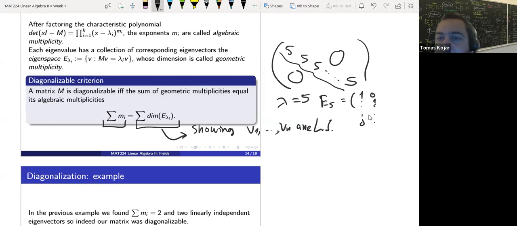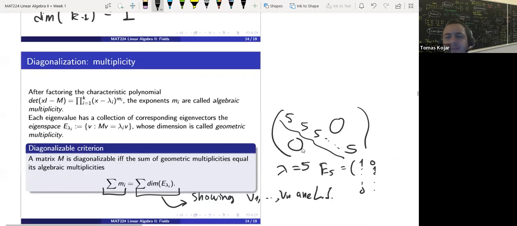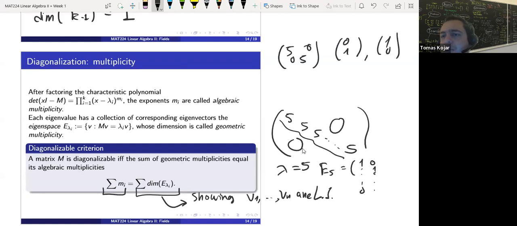Is that okay, Arya? Rudra says, in this example, both B and C are 0. So like I said a little bit in the beginning, when you have both of them 0, then you just get the standard basis. So for this one, you use just the standard basis. It's always the case because it's already diagonal. So one eigenvalue gives you multiple eigenvectors. Therefore, you have geometric multiplicity greater than 1.